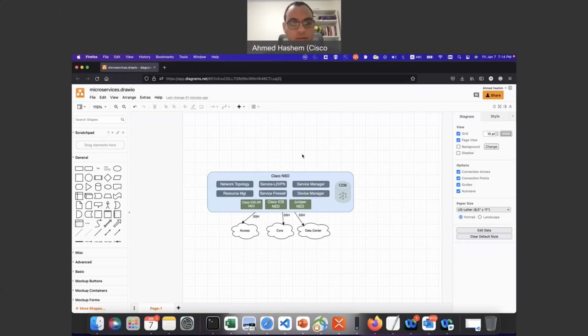Hey, hello everyone. Yesterday, someone asked me, can we make Cisco NSO a microservice application? And I spent some time thinking about it. Initially, I thought it's going to be difficult because all of the components are tightly coupled to each other, and also the CDB is used for all the components in Cisco NSO. But then today I thought about it another time, and I thought if we are building it from scratch, things